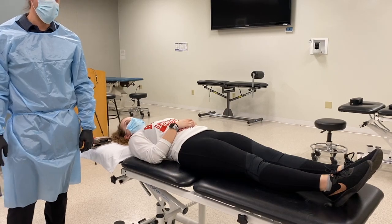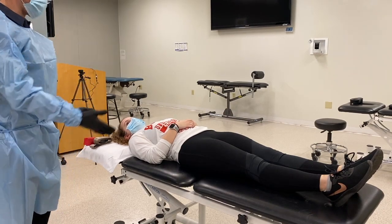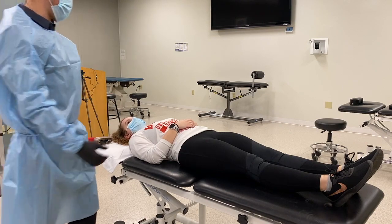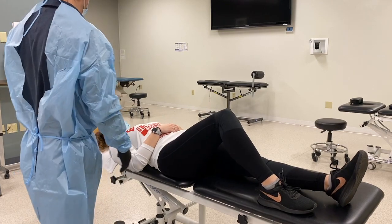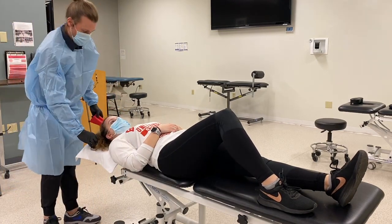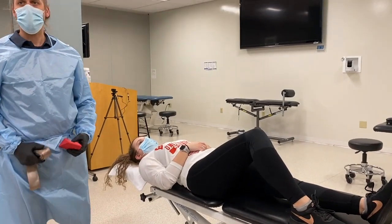Okay, so we'll start with assessment of a dorsal glide at the hip. Your patient is going to be lying down supine on the table, and I'll have her scooch towards the side to be tested, so in this case the right side. Okay? Since the stationary partner in the joint is the pelvis, we need to stabilize the pelvis, and we're going